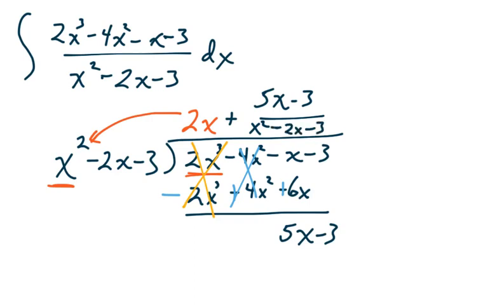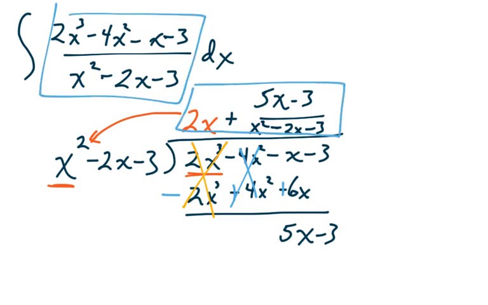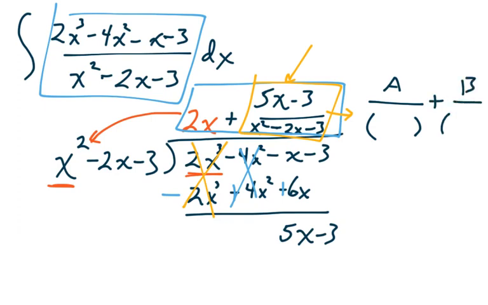Now, what's starting to happen here is we're starting out with an improper fraction. We've just decomposed it into a whole number, this 2x, but also into another fraction, this 5x minus 3 over x squared minus 2x minus 3. So guess what we need to do with this? Well, that's right, we need to decompose it. And how do you decompose it? Well, you go through the same process that we've done numerous times. That is, you set up your little template of A over and B over,